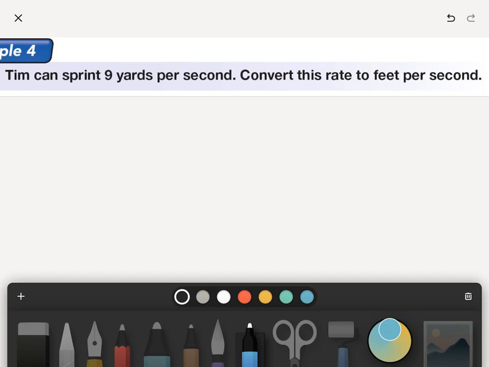Per second. All right, so we want to convert the 9 yards per second that Tim can run to how many feet can he run per second? All right, so basically, we're starting out with a rate. Okay, so this is not a unit converter. This is a rate. We are starting out with,